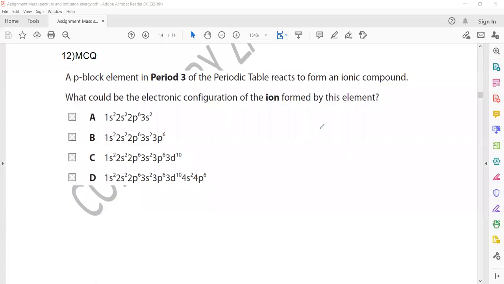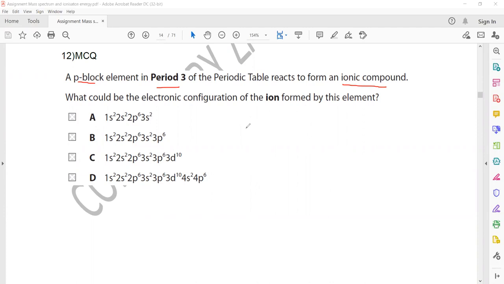So this topic is related to the mass spectrometer and ionization energy. In this question they mention a p block element which is in period 3 that reacts to form an ionic compound. So what could be the electronic configuration? When we check the periodic table,